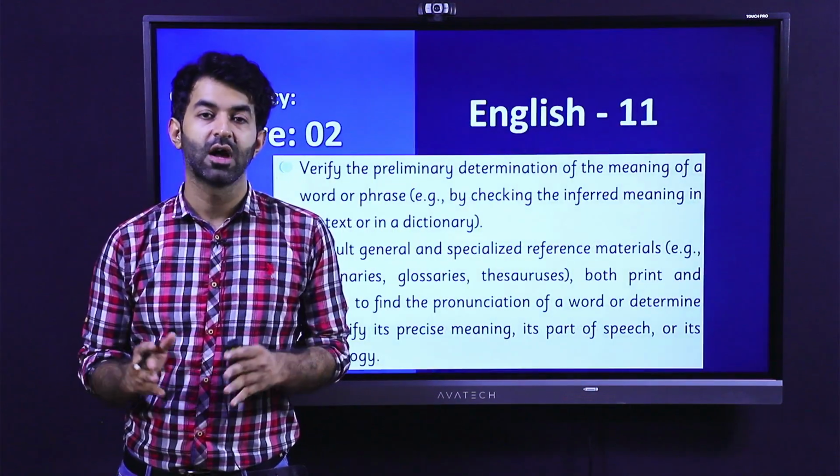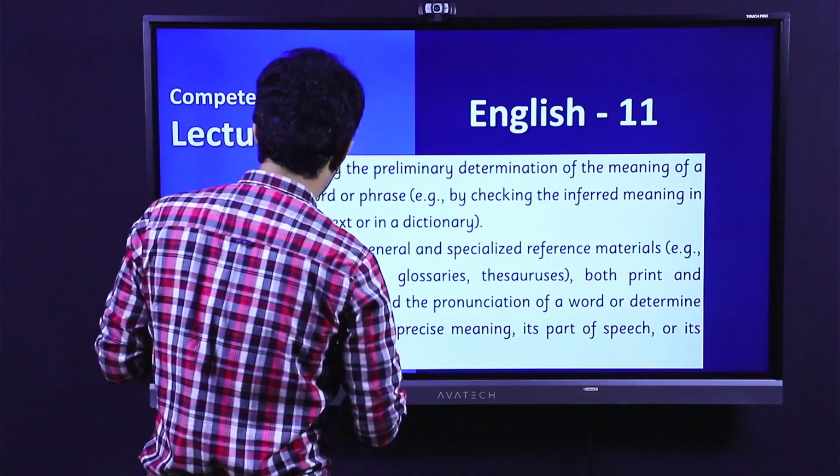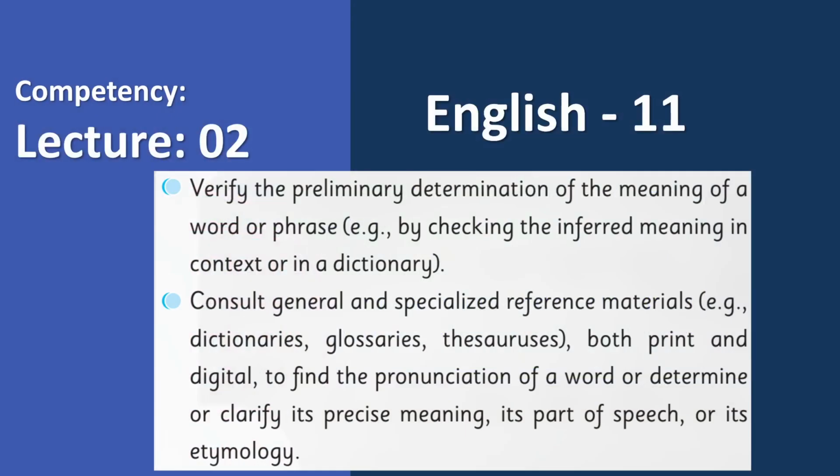Today we have a students learning outcome under discussion, and this is related to words and your resource materials or reference materials. So we are talking about the competency of vocabulary. Now, students, this is our lecture 2 of our unit number 6. First, verify the preliminary determination of the meaning of a word or phrase. For example, we can do these things by checking the inferred meaning, the implied meaning in context or in a